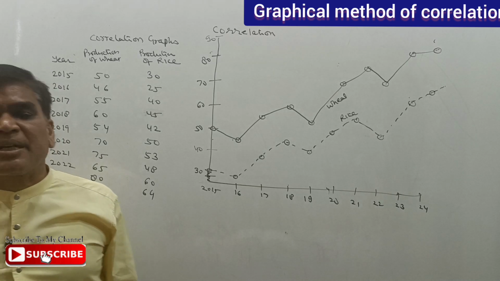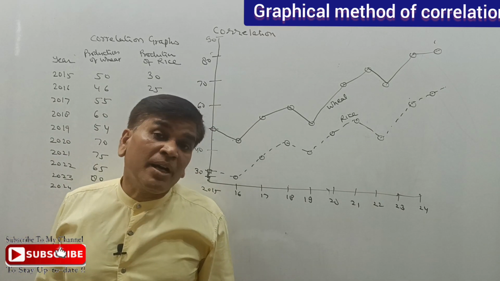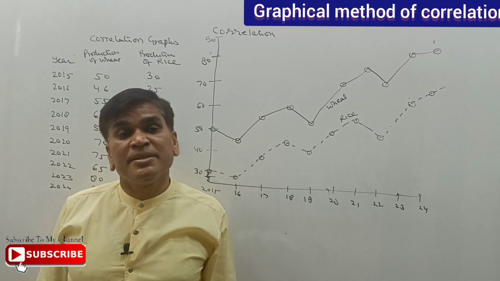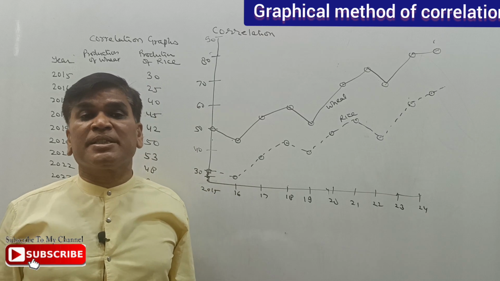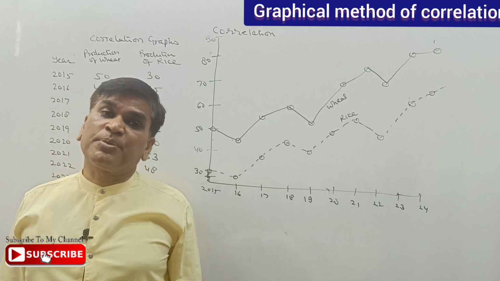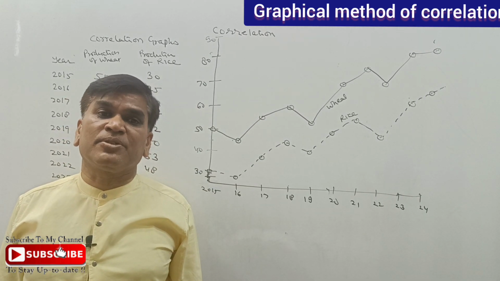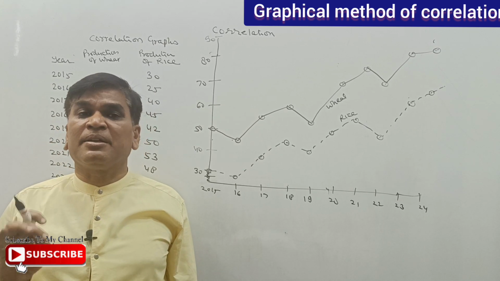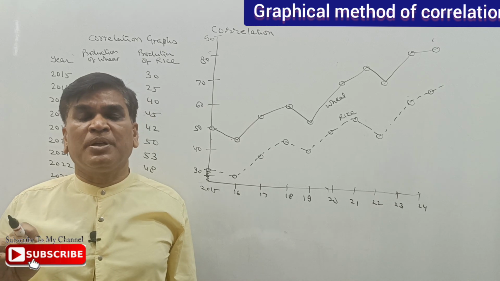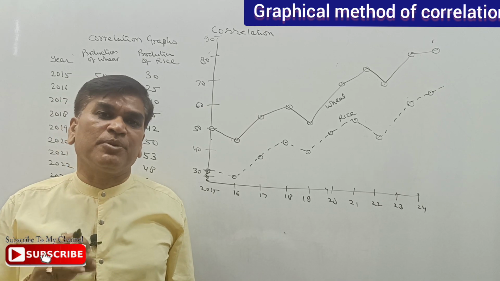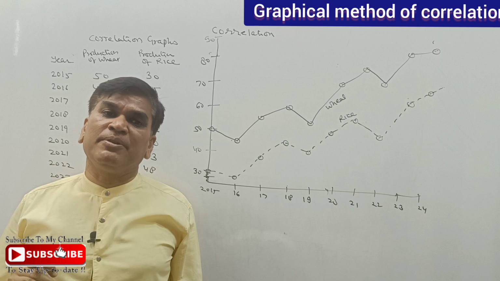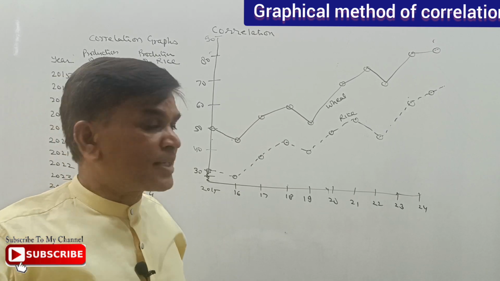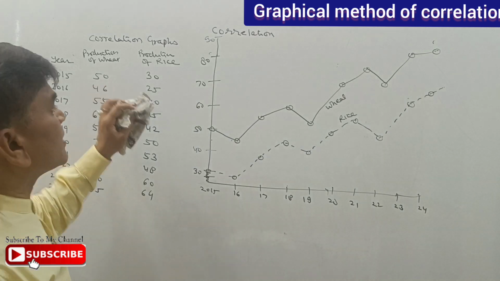With the help of the graphical method of correlation, we can't give the degree of correlation, how much correlation there is. We can give just the direction of the correlation, whether it is positive or negative. We can mention the direction only, but can't say that the value of the correlation is 0.65 or 0.85, or whether it is a moderate, higher or lower degree of correlation. So this is the graphical method, and this example has a positive correlation.